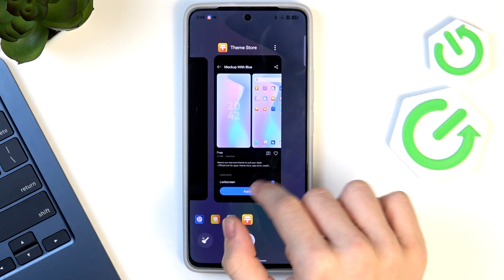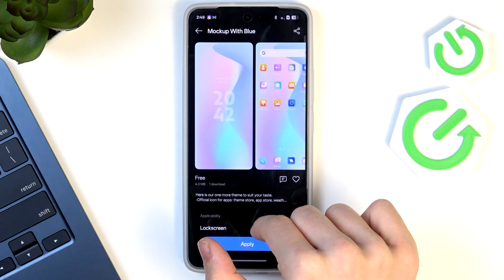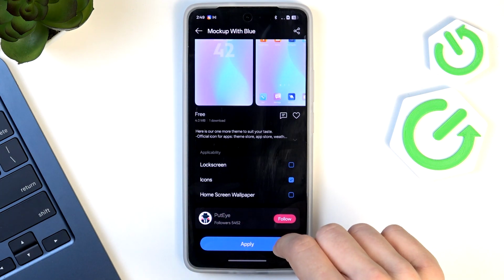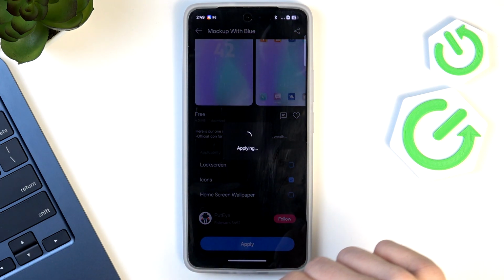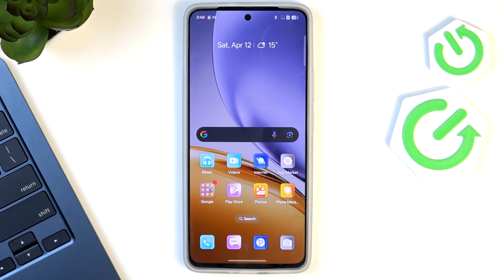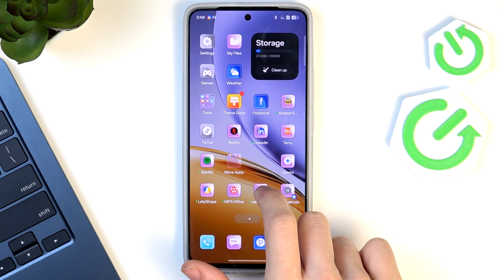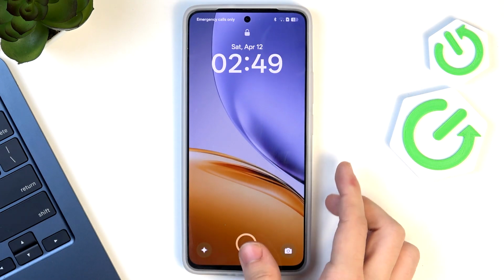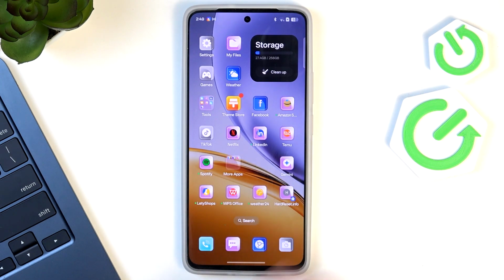And if you didn't want to change the wallpapers, then let's see if we can do it by unselecting them, then clicking on apply. Let's see if it'll go back to the default theme. Yes, it does. So now we have only the icons applied, and the wallpapers are as they were by default. So this is how you apply the themes, and